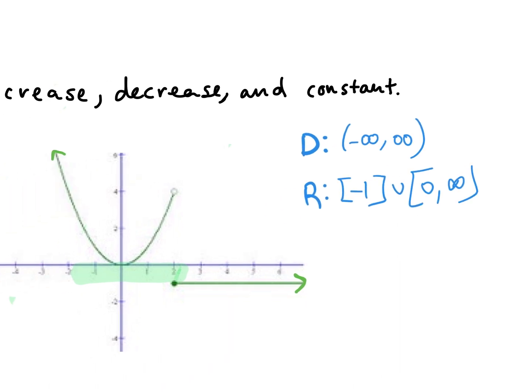Do you visibly see that gap? Everybody see it? Okay. Now, if I was talking about increase, decrease, constant, does this graph have all of those things? Yes, it's decreasing from negative infinity to 0. It's increasing from 0 to 2. And then it's constant from 2 to infinity. But if the graph looked like this,